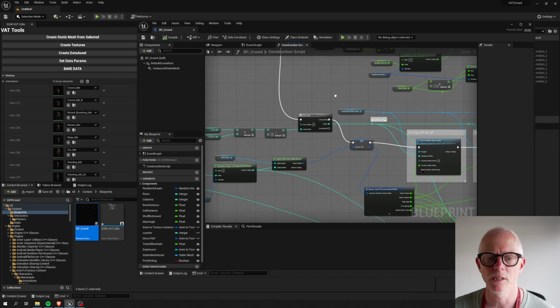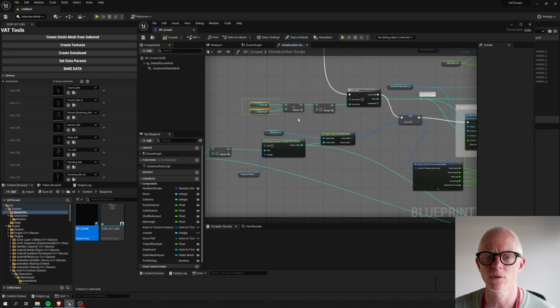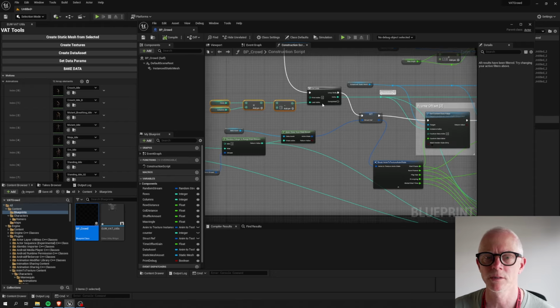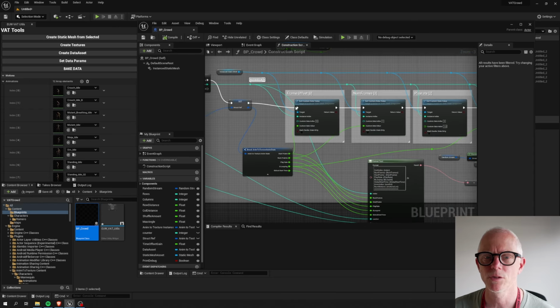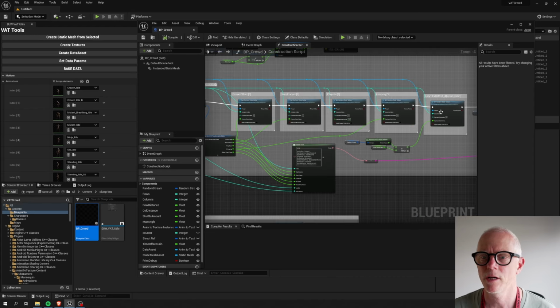When all of that is done, it's then going to loop over all of the instances. Rows times columns will give you the maximum number of instances. And so for each of those, it's then going to set a bunch of custom data values. So custom data is how you can get each of these instances to play a different animation. And there are 5 custom data values that this